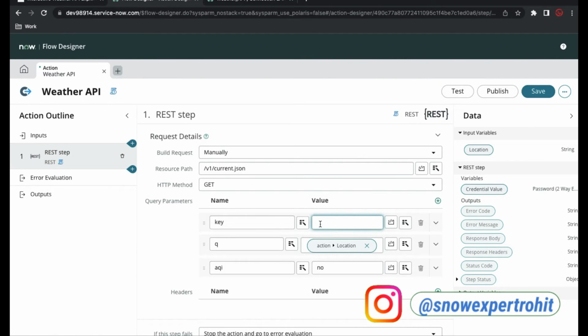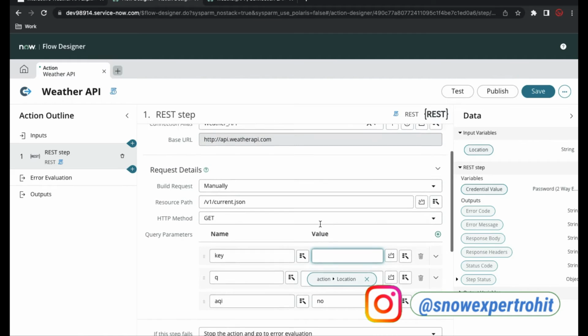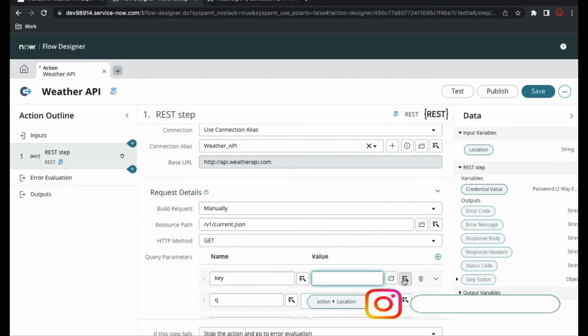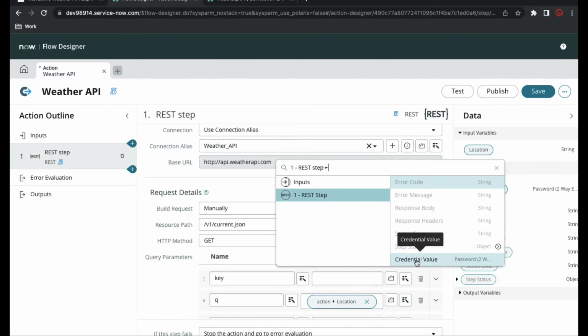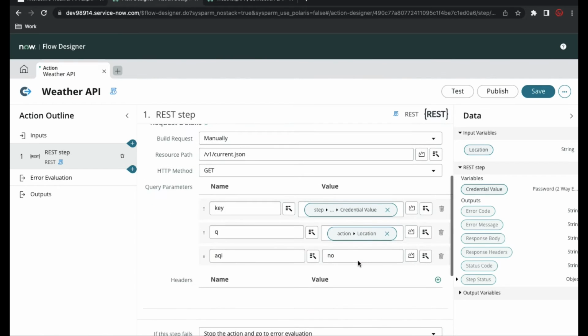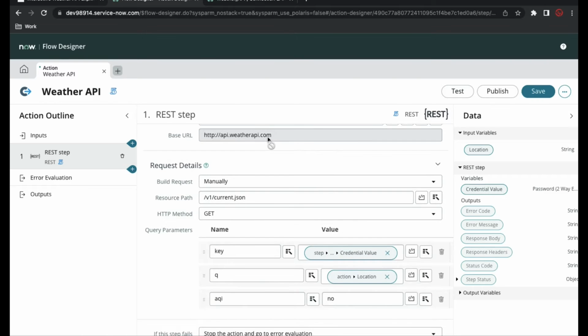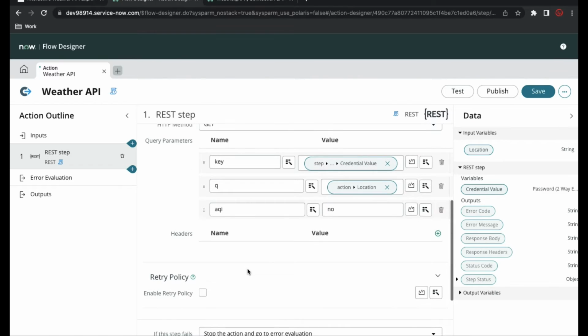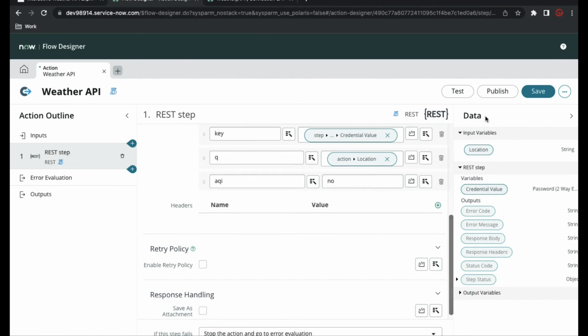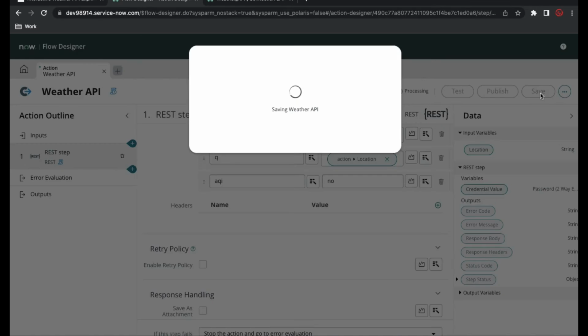So the key is nothing but the key we are actually using, the connection key. So I'll select here, and then REST setup, and if you see the credential value, I'll select that one. So in this way, we are actually encoding that credential key, and whenever we execute, that key will not be visible to anyone. Okay. So that's it. Let's save this one. We'll save this with the API